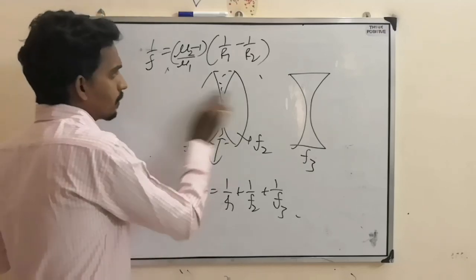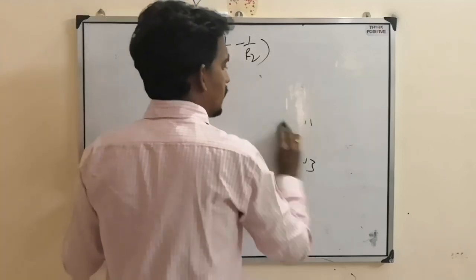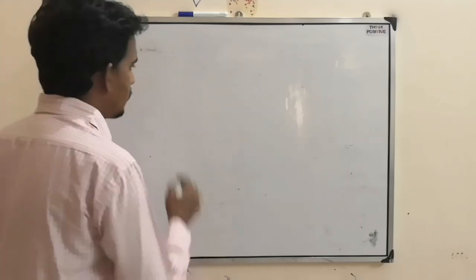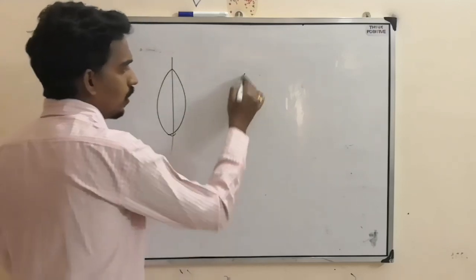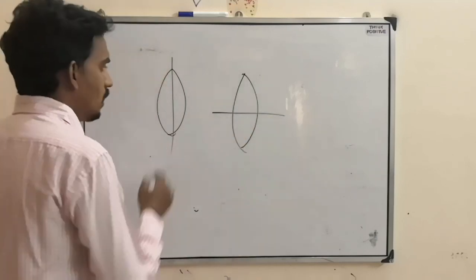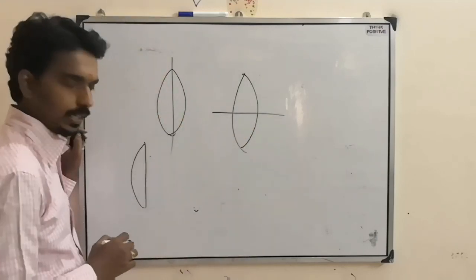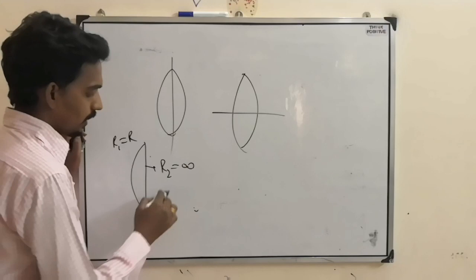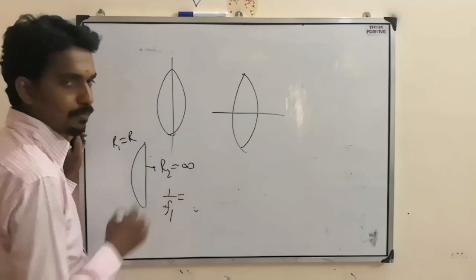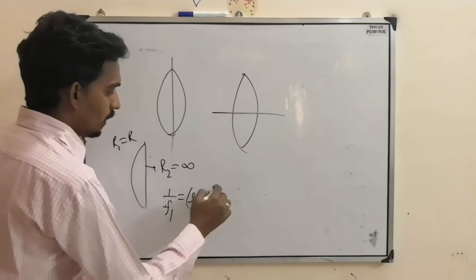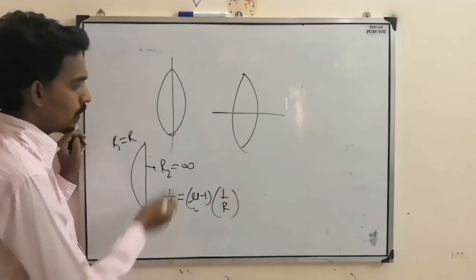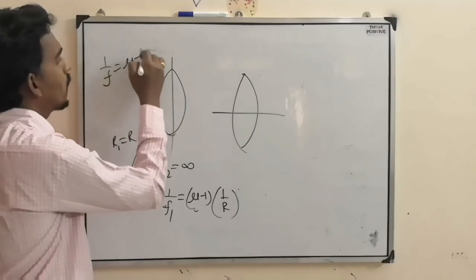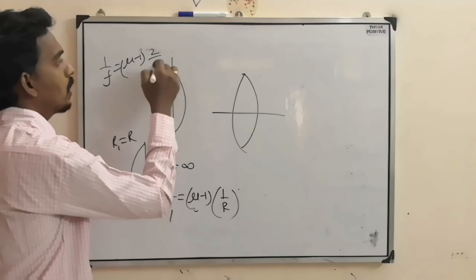Now after this, based on the lens, what else they can ask is cutting of a lens. When you consider a lens, they can cut it like this or they can cut it like this. In this case, when you cut it like this, one curvature remains the same, but the other curvature becomes infinity. Then the focal length of one piece will become (mu minus 1) into 1 by r, where 1 by infinity is 0. But for the original, if you consider 1 by f equal to (mu minus 1) into (1 by r plus 1 by r), that is 2 by r.